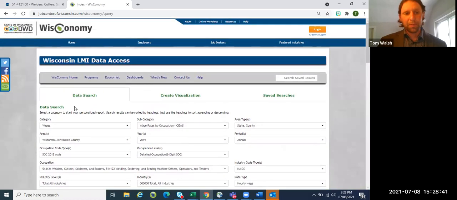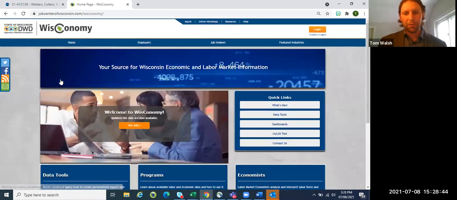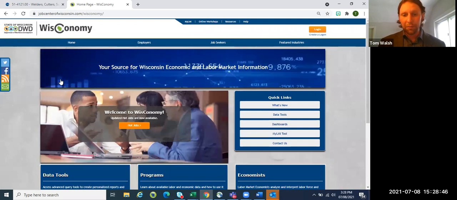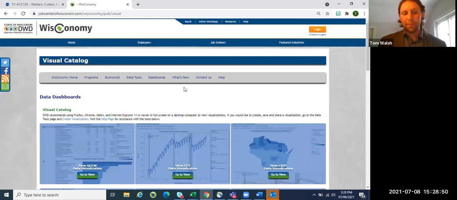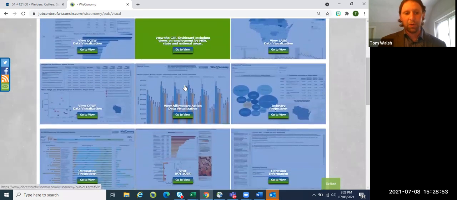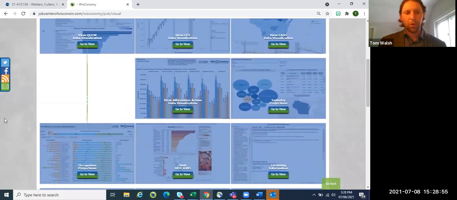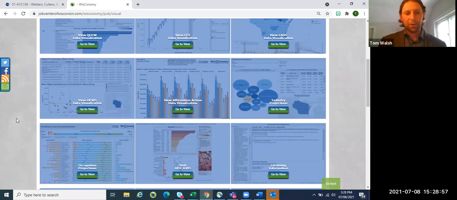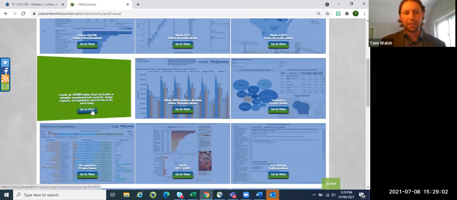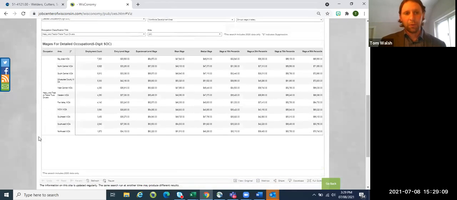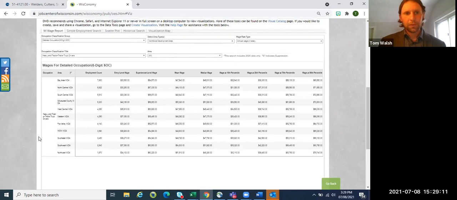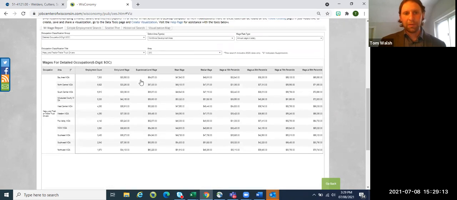Just to finish up the demonstration part before I go on into a few more things I wanted to mention, there is this dashboard option. I'm not going to show you how to get it, but if you go to these dashboards, there is a dashboard for the OEWS program, which just recently changed from OES to OEWS. So if I'm ever missing a letter, that's why. And there are some options here for visualizations. And this one will give you some visualization options.